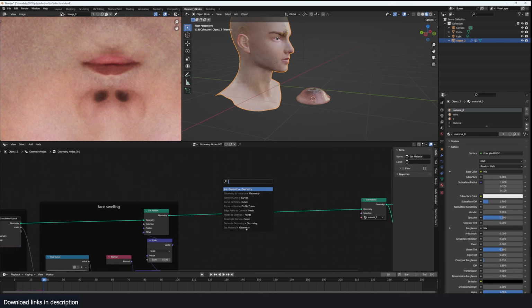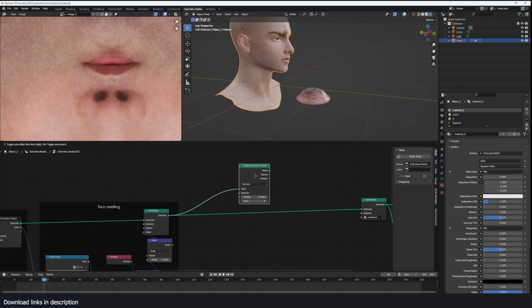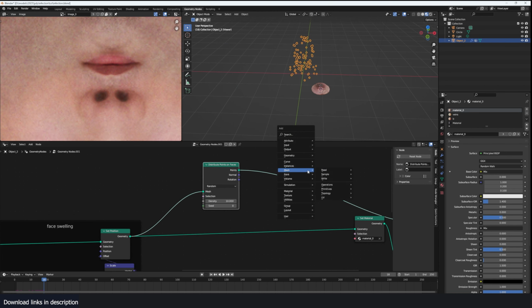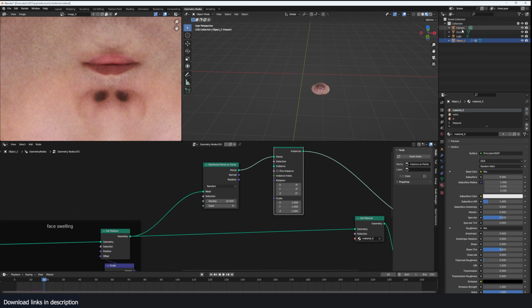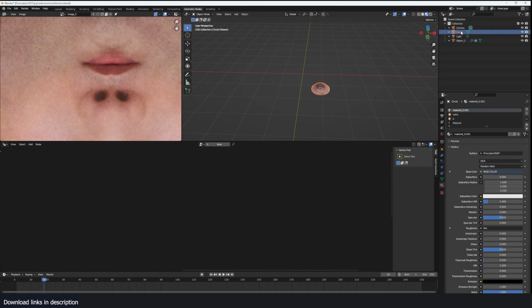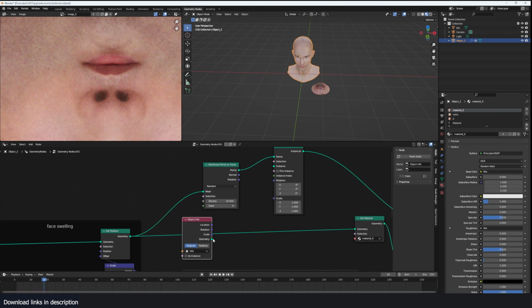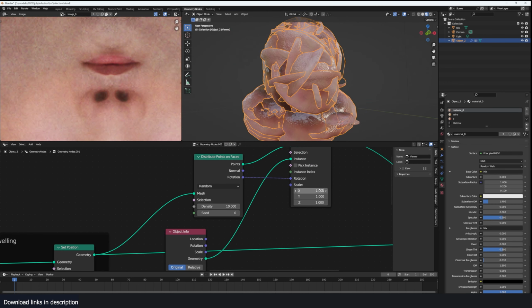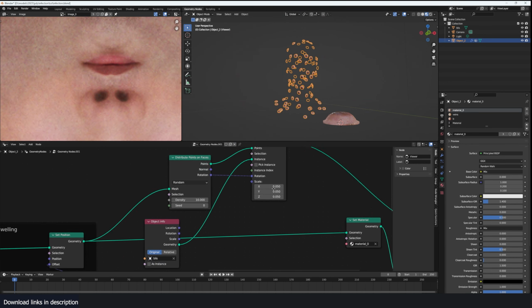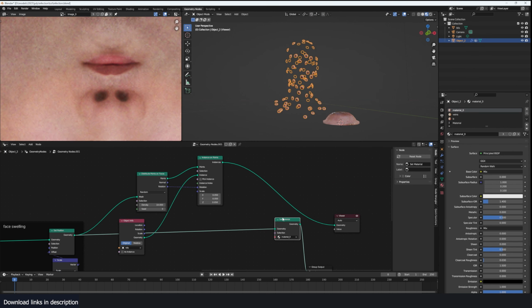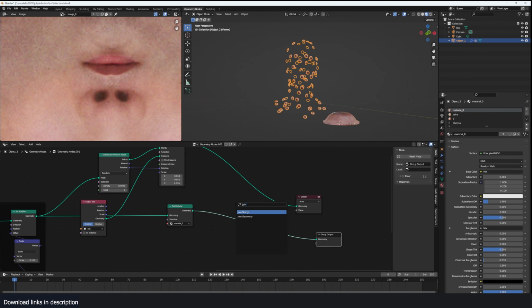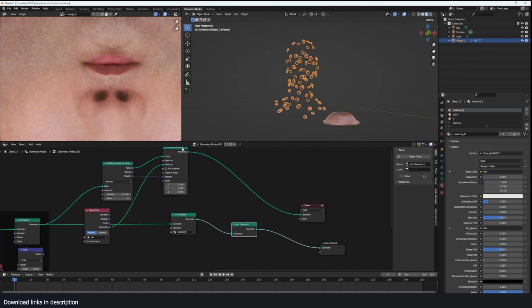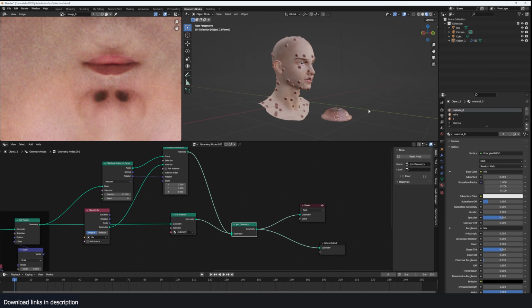So for those, I'm going to create another branch, distribute points on faces like that. Those are points. Now we want to instance on those points, instance on points, and I'm going to call it, I think it's called a bliss or something. Use that as our instance. And now you can see what we have. We just have to align the rotation, scale these down, and join this back to the original thing. So we do a join geometry here and here, and now we have those,